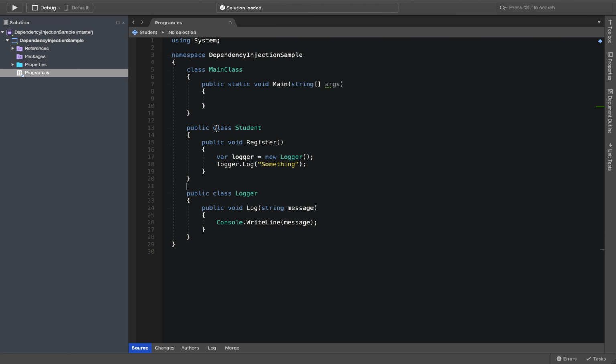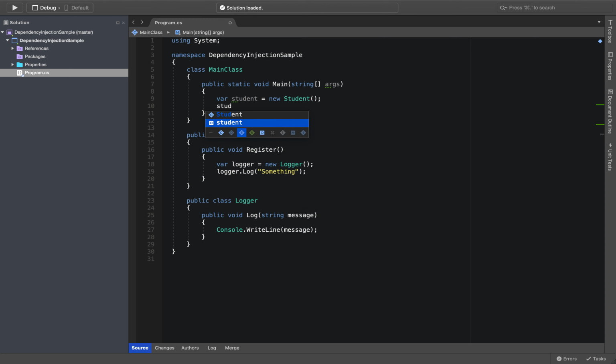Yeah, that's it. And how can I use the student class inside our application here? I can say var student equals new student. Sorry. And then I can say student dot register. Okay, it will work, but it's not the best way, because